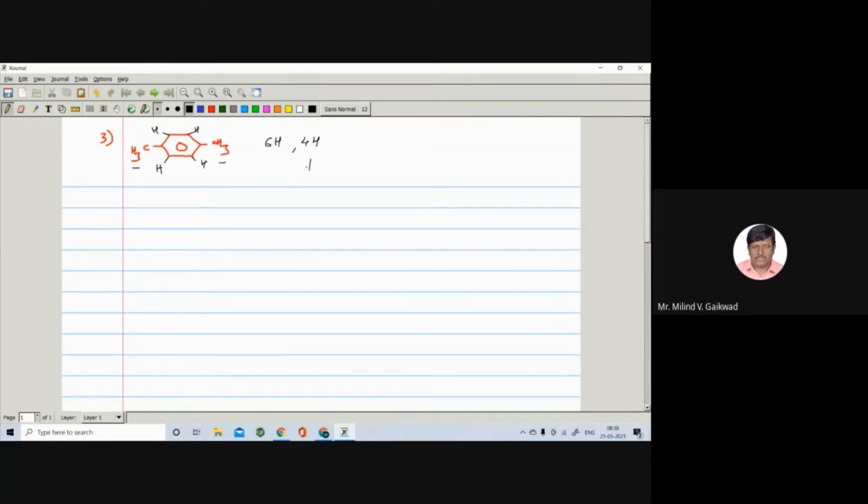You know the benzene will appear at near about 7.1 delta, and this CH3 when directly attached to the benzene nucleus will generally appear at something like 1.1. So leave out the value. The next example, you also have to indicate the number of protons. Here I will take only one example, then you can take one more example, and then we can go to the other types of examples.